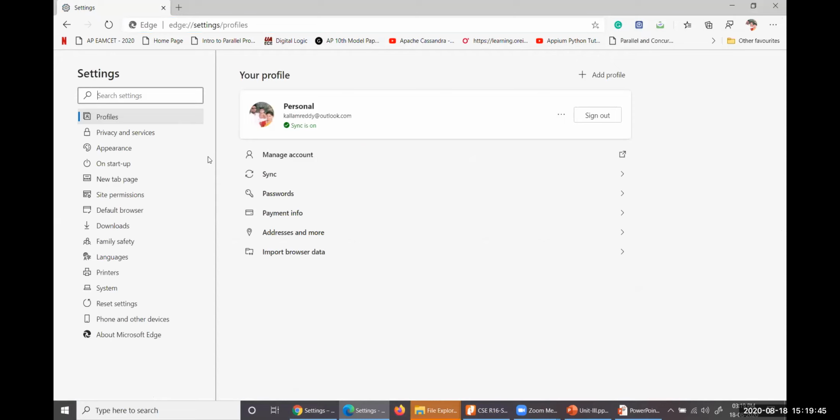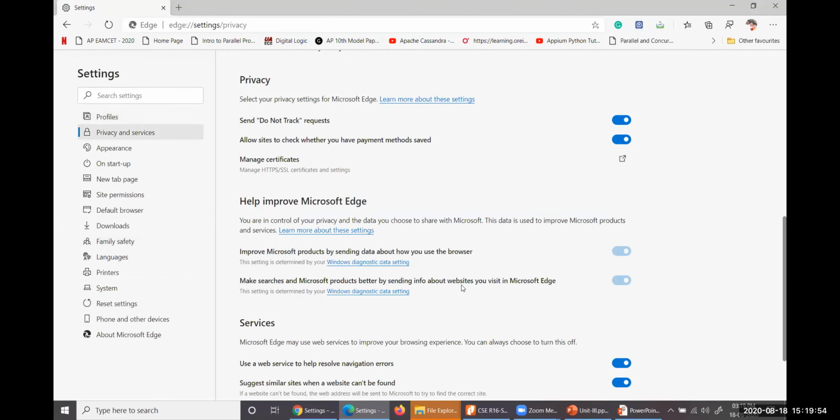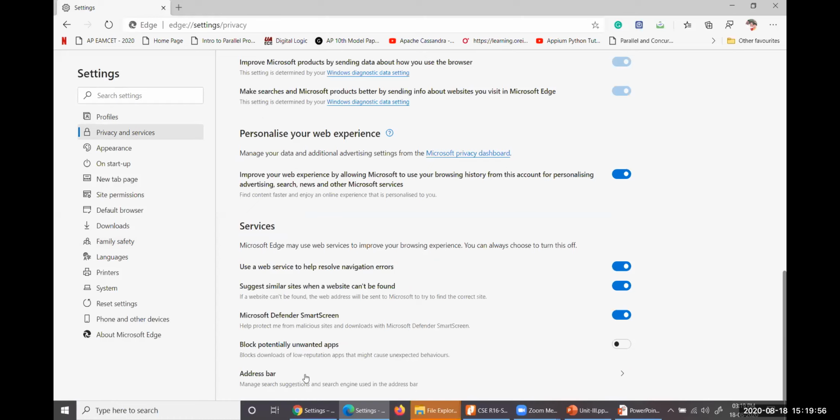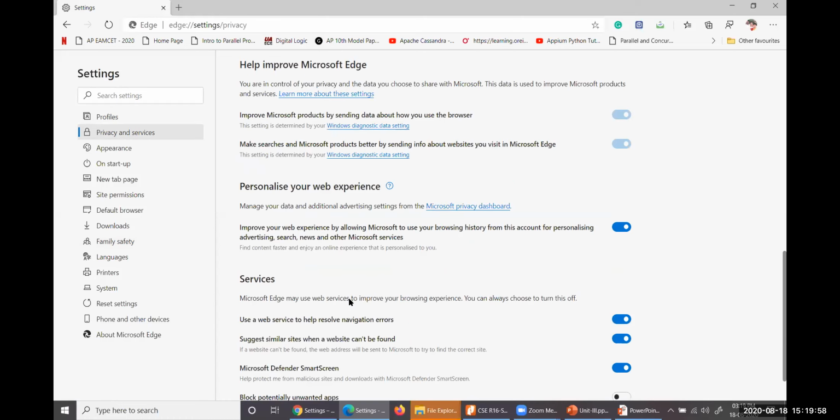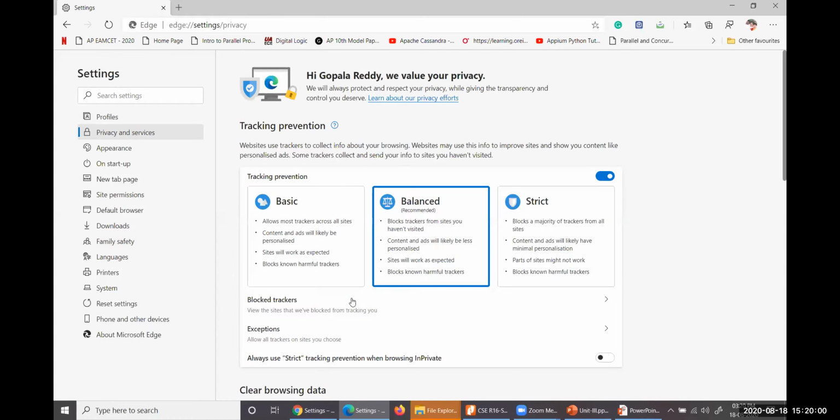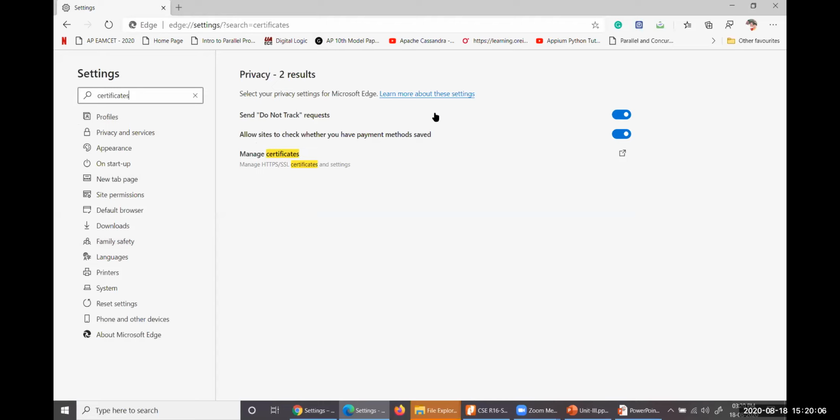In Edge, go to settings, privacy and services, and then at the last, security and privacy. If you have any problem identifying it, yes, here, certificates.